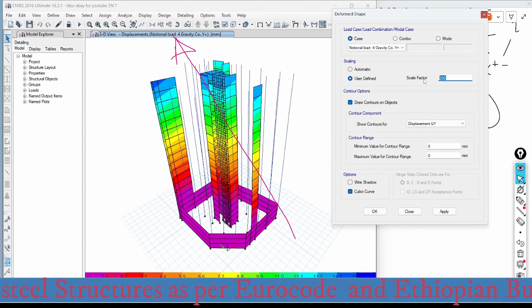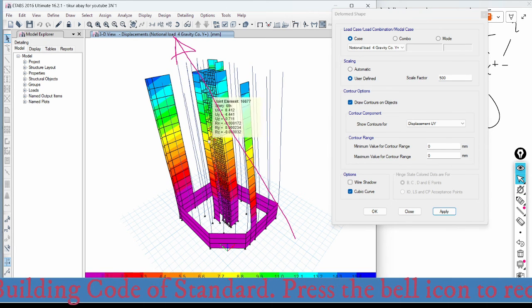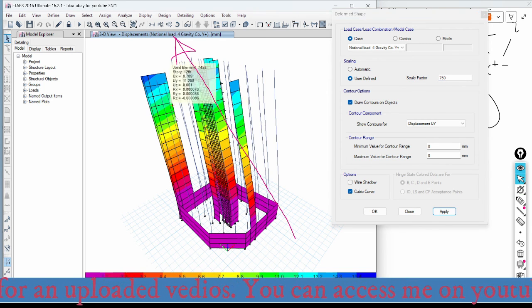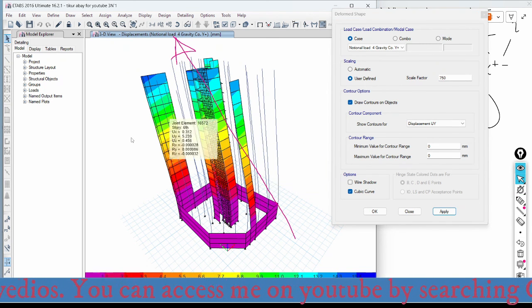Now let me increase that to 500. Now apply. Yeah. Now let me increase it also to 1000. I can make it 750. Apply. Yeah. Now here the structure is moving along the positive direction because I am selecting the direction of the notional load in the positive y direction. And also